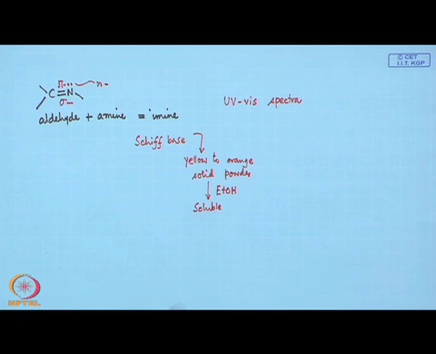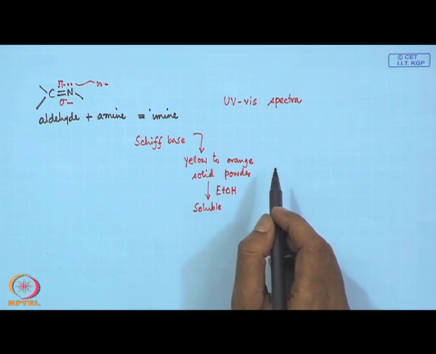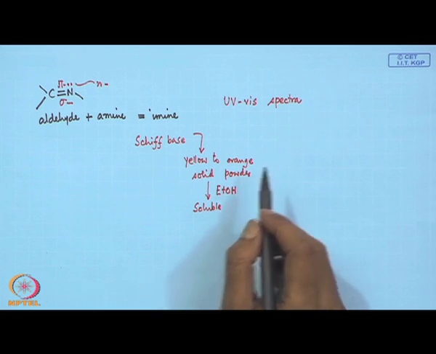So, if we take an ethanolic solution of these Schiff bases and run the corresponding UV visible spectra, we get